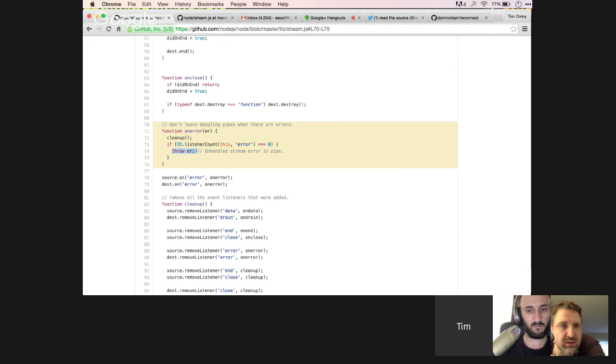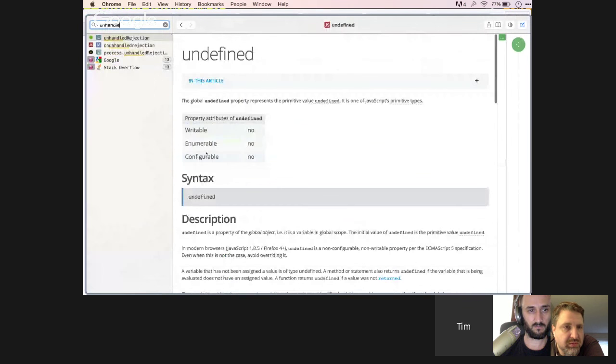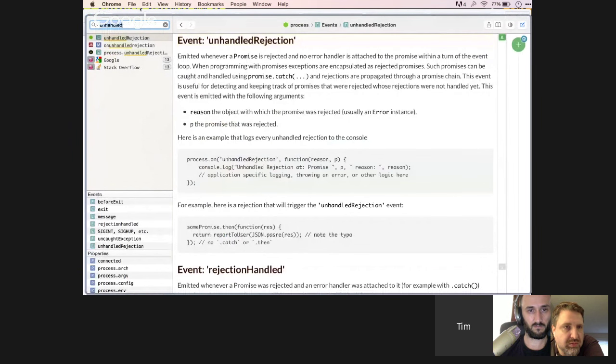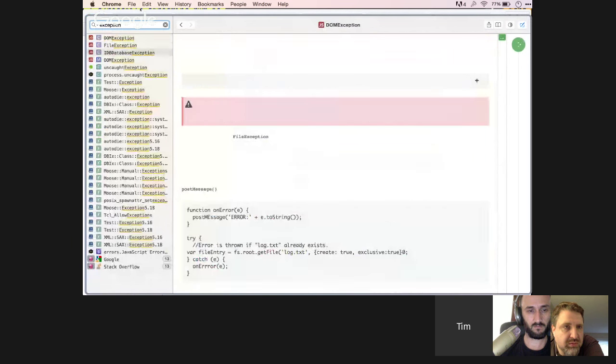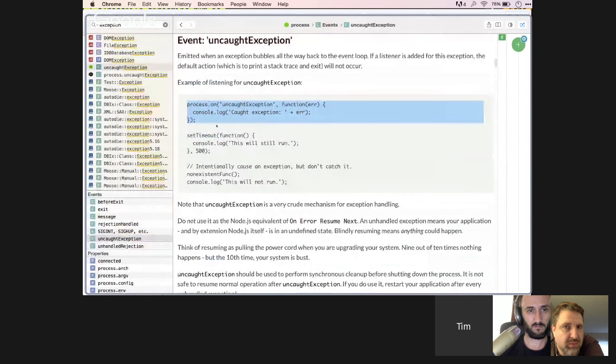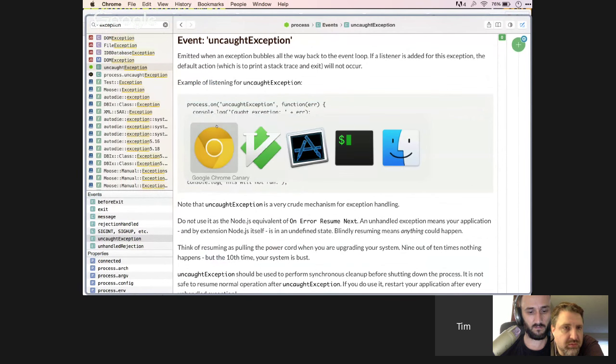It's not like all of the streams suddenly have an error and that error is propagated or anything. It's literally just a throw. And in asynchronous JavaScript, throws basically crash. The only way you can capture this is with an uncaught exception handler. So process.on uncaught exception is the only way that you can actually do anything with a stream error. So if we go back to this,